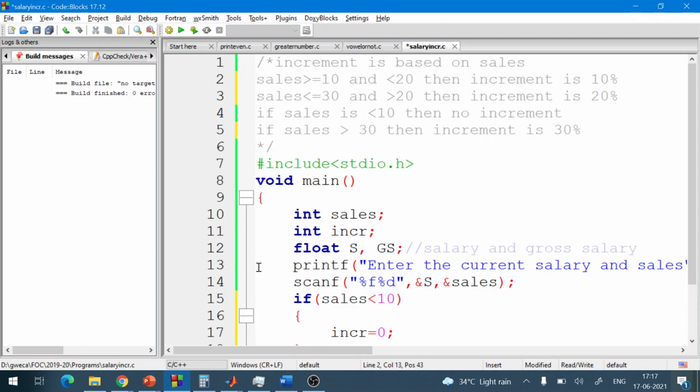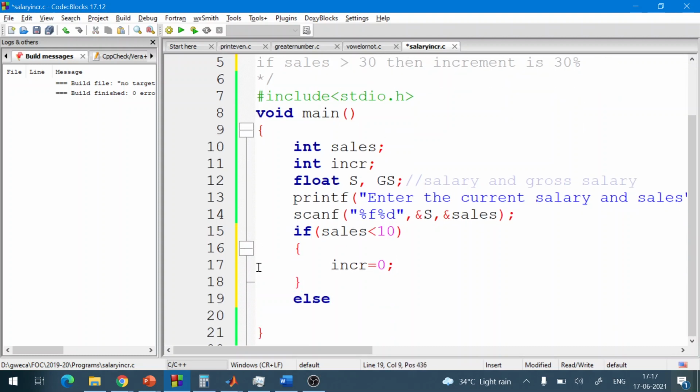So sales between 10 to 20, this would be the condition. If sales is between 20 to 30, this is the condition. And if sales is greater than 30, this is the condition. Now we want to divide this particular whole range into other ranges. So inside else we will put another if.